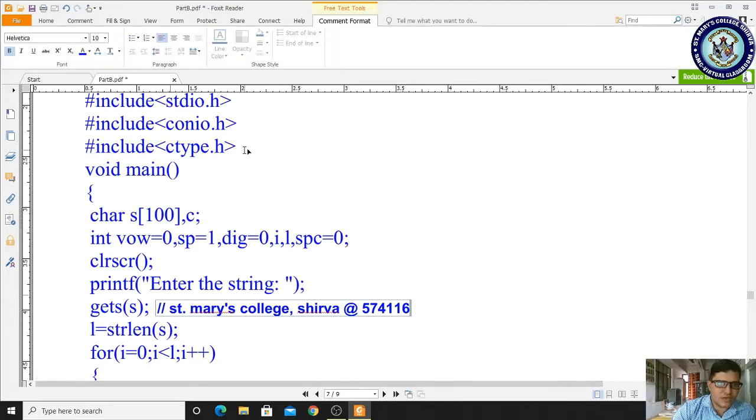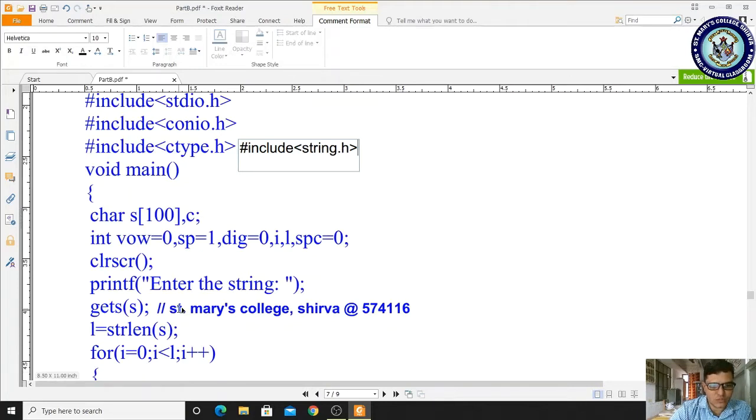So that is why we have to include one more header file, that is #include <string.h>, because strlen is a string handling function, right? I forgot it, you are supposed to write #include <string.h>. Then what is the purpose of the strlen function? This strlen function is used to identify the total number of characters present in a string.